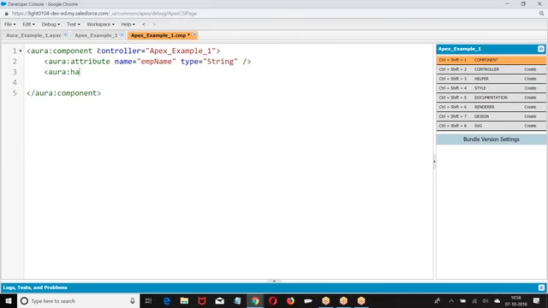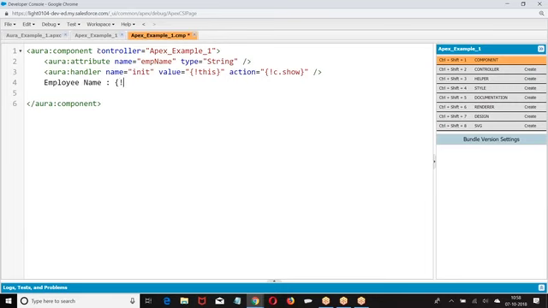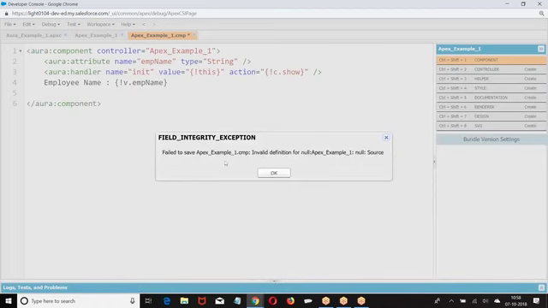I call aura handler, name equal to init, value equal to this, action equal to the method, then I gave employee name. Very basic example.